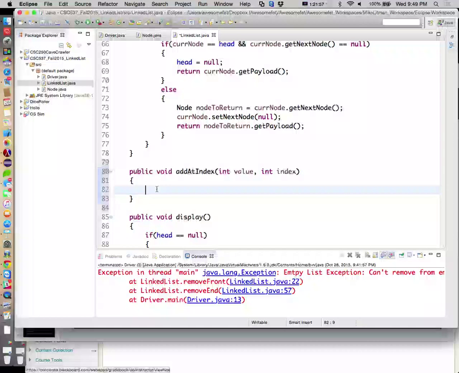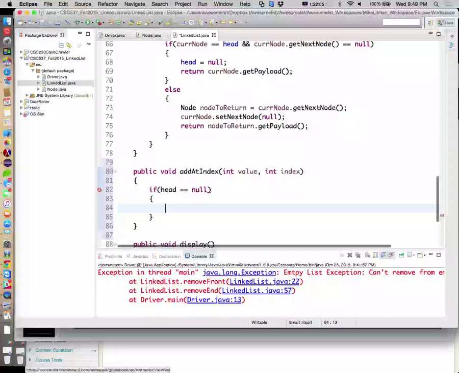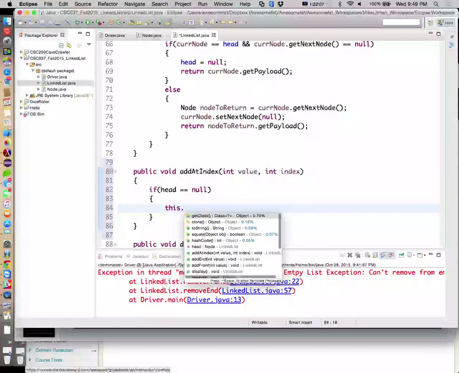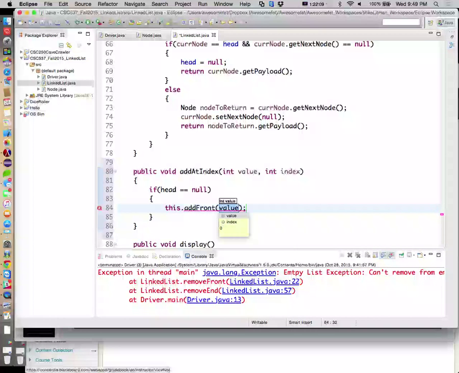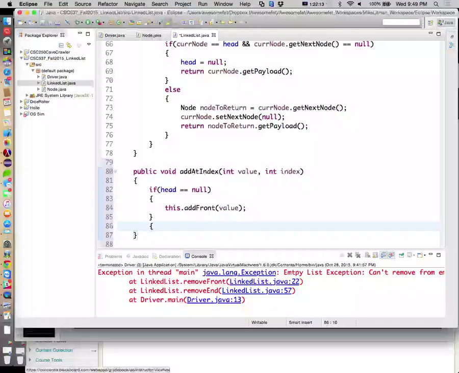So there's added index. We're going to take in a value and we're going to take in the index. Right off the bat we can say if head is equal to null, we can say this dot add front value. Well, actually, you're right.